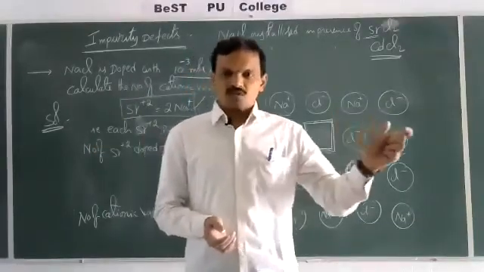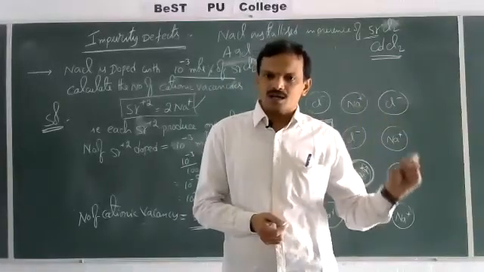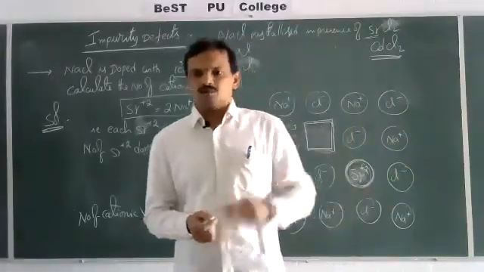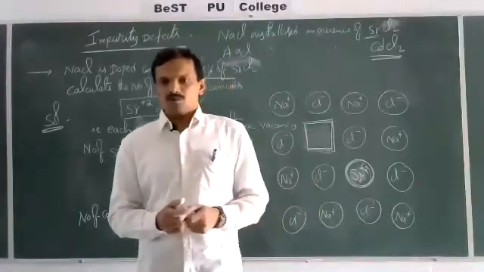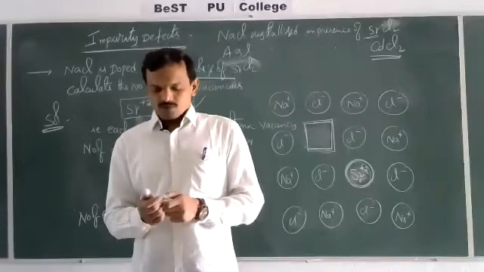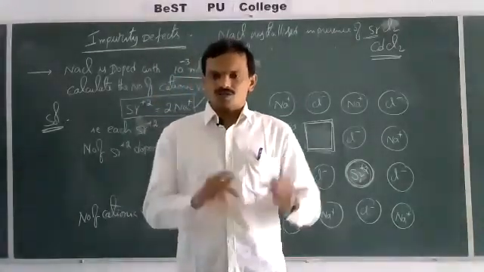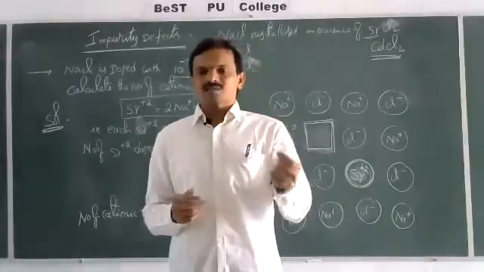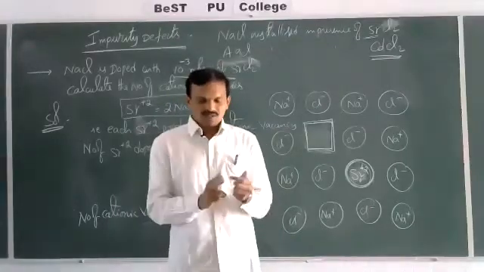Come to the first one, stoichiometric defects. Stoichiometric defects are observed in non-ionic compounds as well as ionic compounds. First we will go to non-ionic compounds. So these are stoichiometric defects in non-ionic compounds. Stoichiometric defects are also called intrinsic defects or thermodynamic defects. These are further classified into two types: